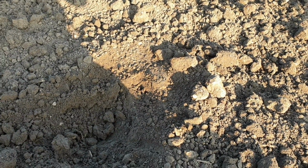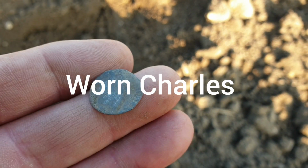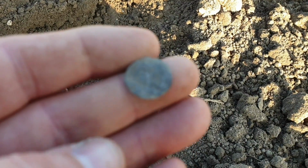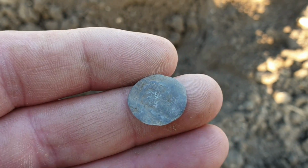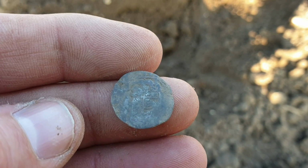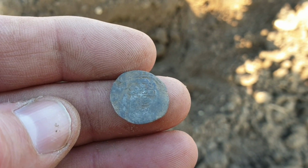Hi everybody, I'm back again. Maybe 30 or 40 yards from that little Elizabeth half groat, and I've just managed to winkle out this rather poor conditioned hammered. It's definitely a hammered. I don't know if you guys can see this, but it's, I don't know, Tudor. Maybe looking at that angle, it looks like a Charles,